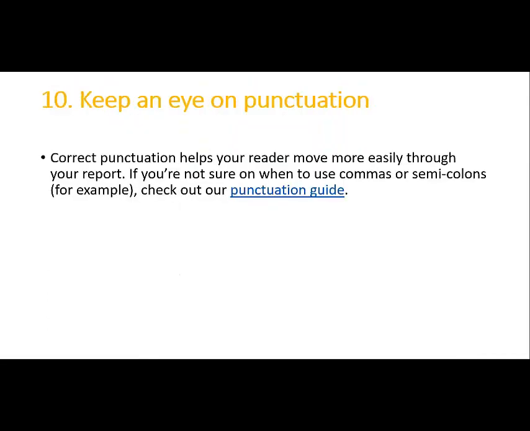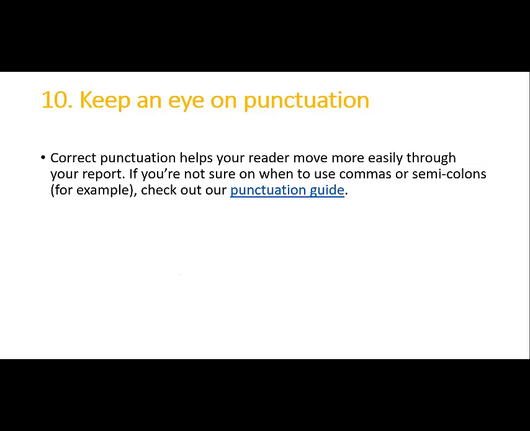Yes, keep an eye on punctuation. This is the last thing, the last point. You must keep in your mind, take care about writing mistakes. For example, punctuation mistakes.